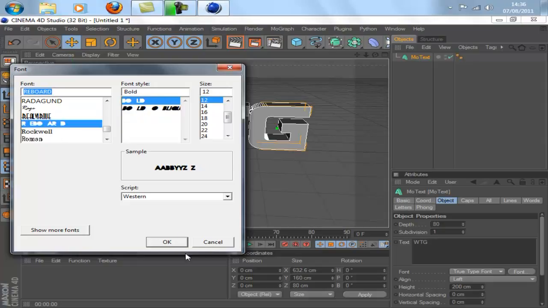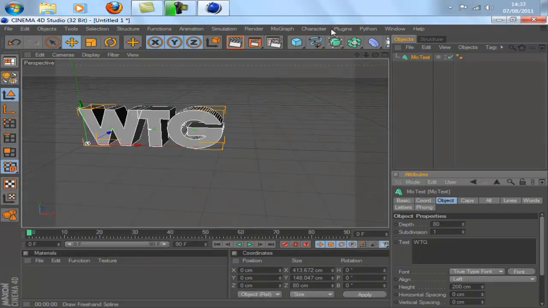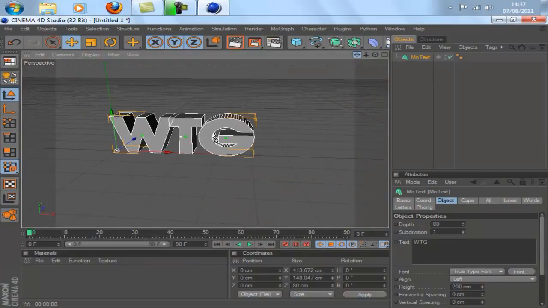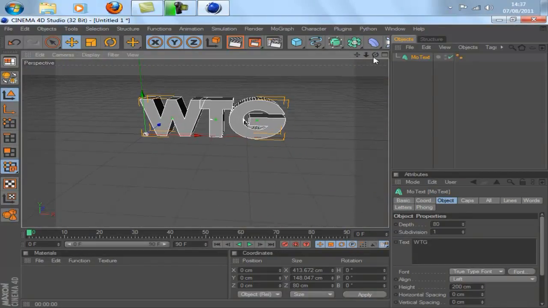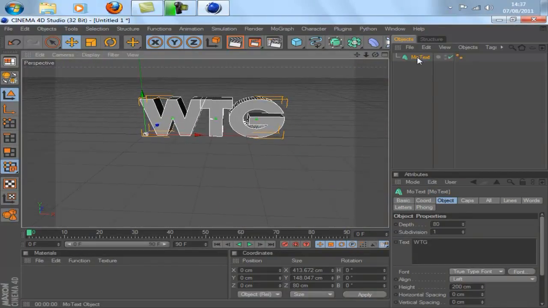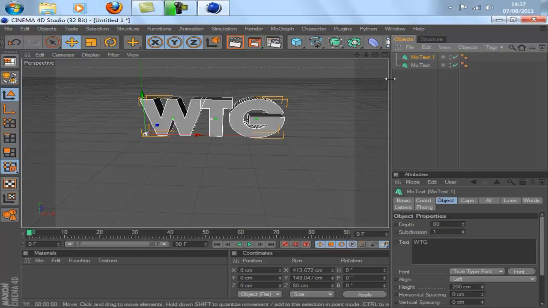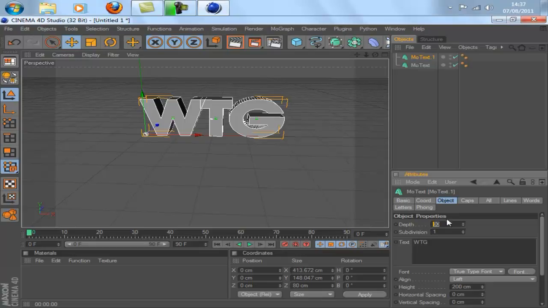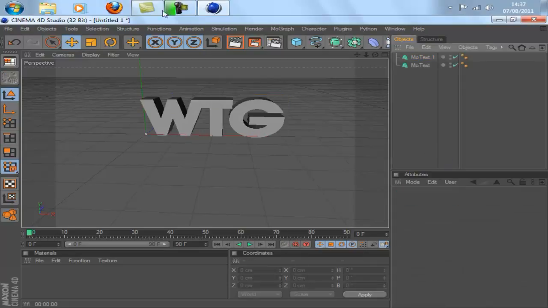I'll post a link in the description of where you get this font, which is the font on my desktop. So once you've done that, make sure this text is highlighted here, and press Control C and Control V, and that'll copy and paste it. And then where it says Mode Text 1 down here, you want to change the depth, half the depth to whatever you had on the first one. So for instance mine was 80, so I'll halve it to 40, and just click off it and just rotate